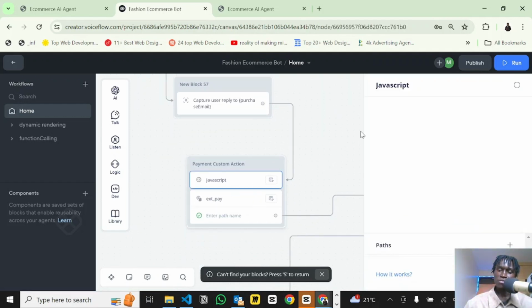So we want the JavaScript first to stringify the customer email. We want to stringify it and make it into a string, because the following step in the custom action will require it as a string. Then in the custom action block, which is here,